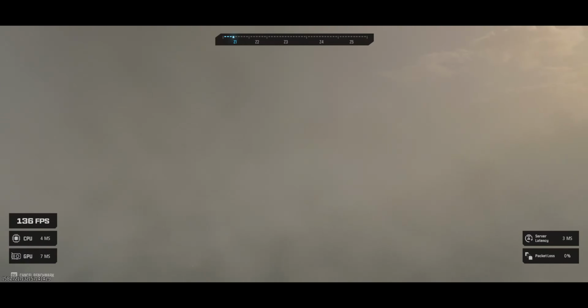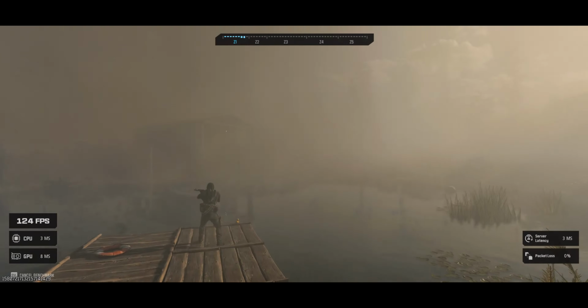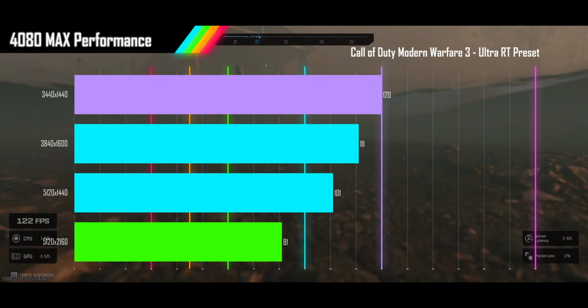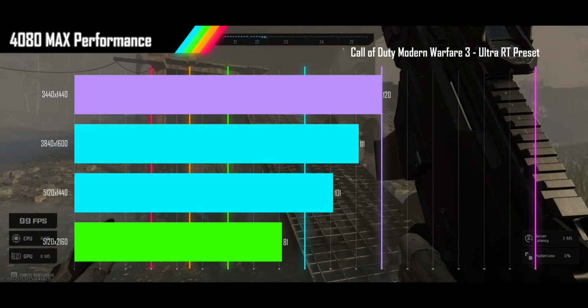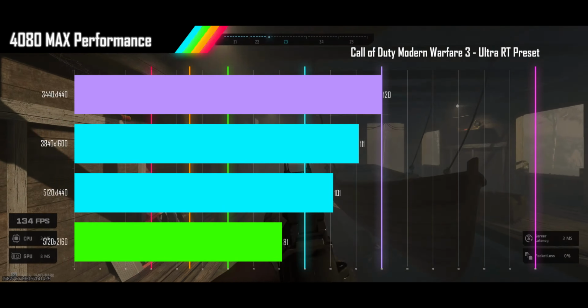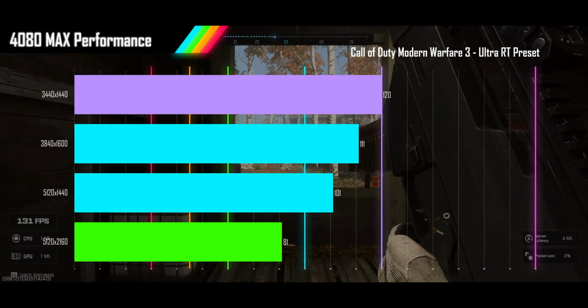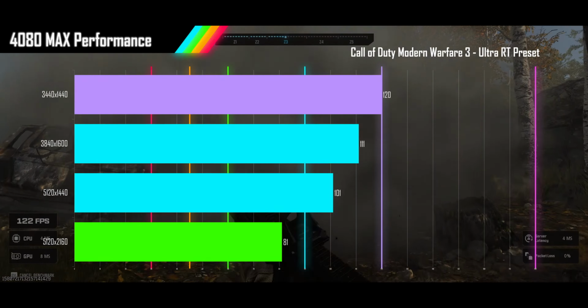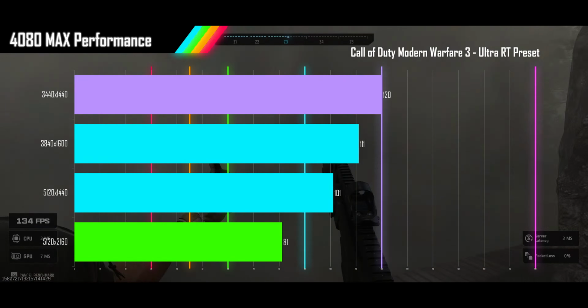Now let's look at the other end of the spectrum with one of our worst scaling games, Call of Duty Modern Warfare 3, played on its extreme preset. Look at our baseline performance and we see the 3440 by 1440p resolution manages some very high refresh rates, just crossing the 120 FPS line. The 1600p Super Ultrawide are both getting high refresh rates,